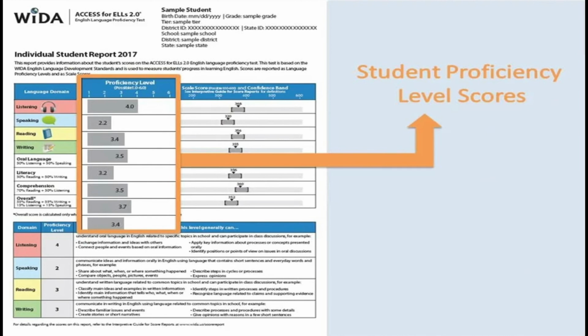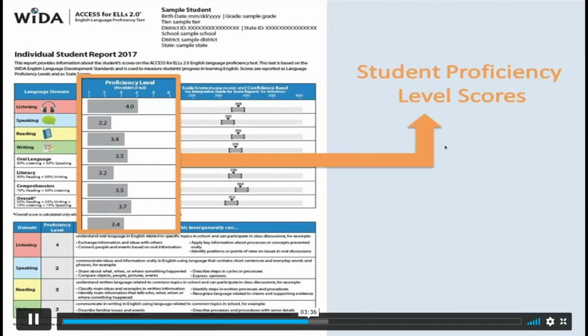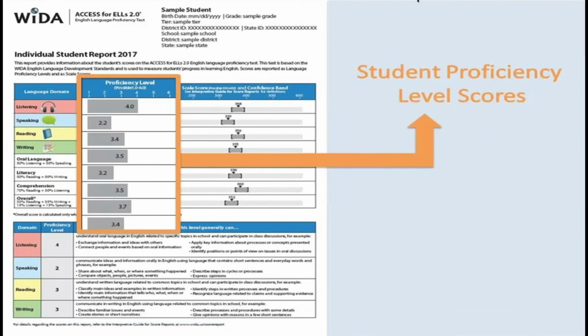So for example, if a student's score in listening was a 4.0, then the bar will end at the beginning of level 4, expanding. If a student's score in listening